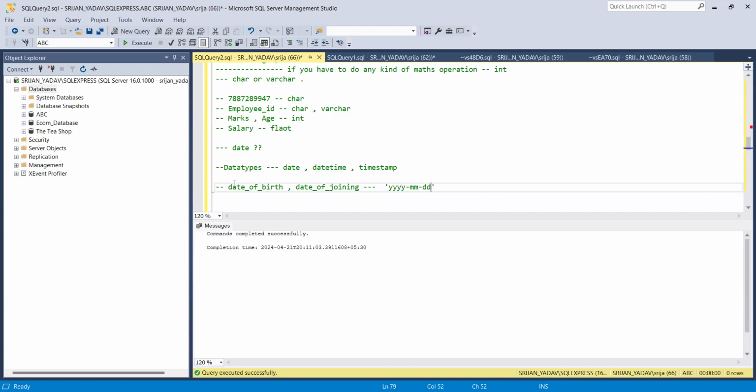At any point of time, if you are using date in SQL, you have to be very specific in the format. Year will come first, then month, then day. If you only want to store the date without any time, then date is your data type. Now, if you want to store date along with the time, something like this,